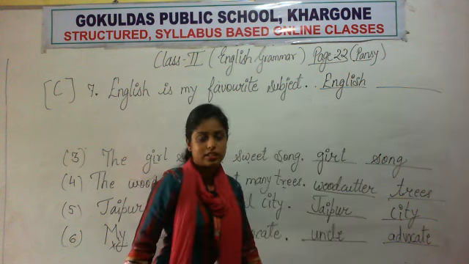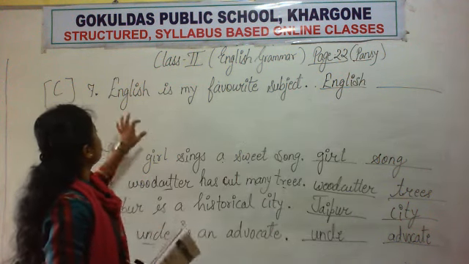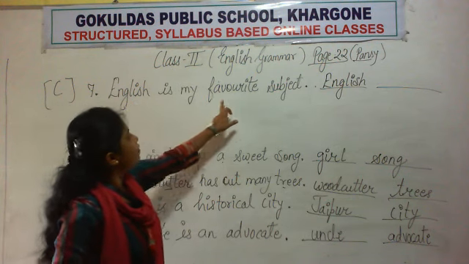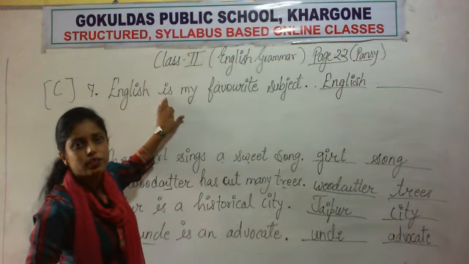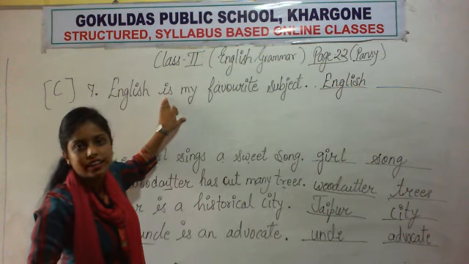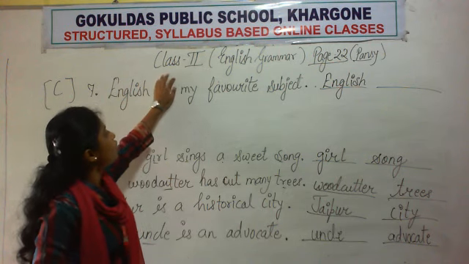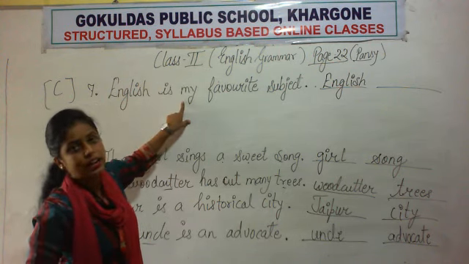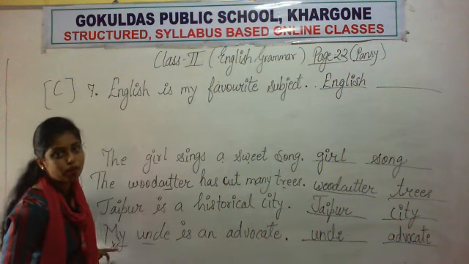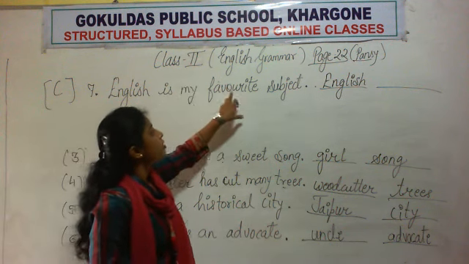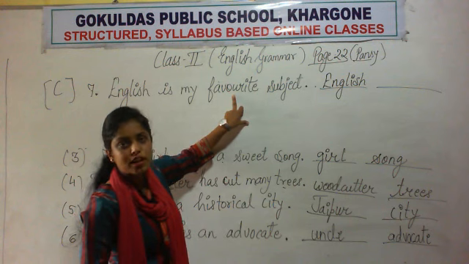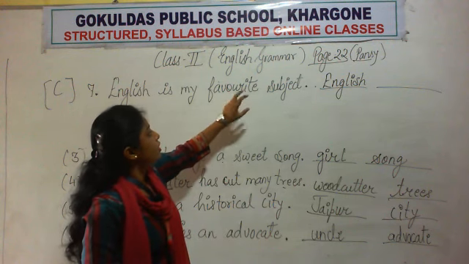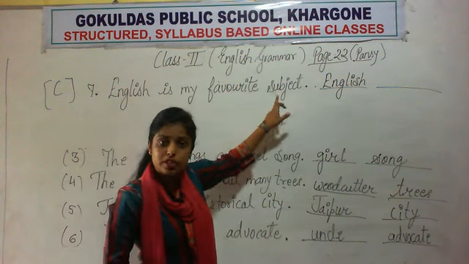Okay, English is the name of a subject. So English is my favorite subject. अभी is वो helping verb है. We will study it later on in the coming chapters. Is is not a noun. My, I told you just here, My is a pronoun. My is not a noun. It will also not come. Favorite is also not a noun. Okay. Then subject is a noun.